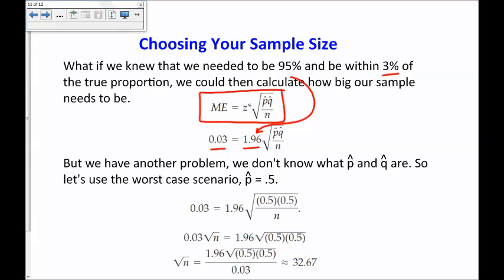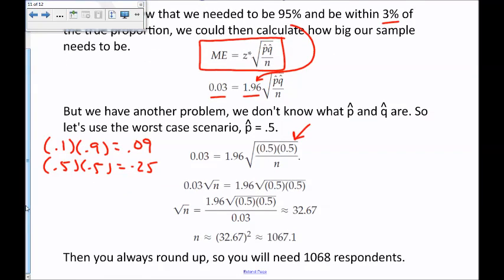Now the problem is we haven't taken our sample yet, and so I don't know what P hat and Q hat are. So the worst case scenario is that P hat is equal to 0.5. If you look at, like 0.1 times 0.9, as far as what possible P hat values could be, the worst case scenario is 0.5 times 0.5, which is equal to 0.25. You can't find any other P hat that has a P hat times Q hat that's more than 0.25. Okay, so if you use those values in our worst case scenario right here, and then use some algebra to solve for this, let me scroll down, you will find this number,